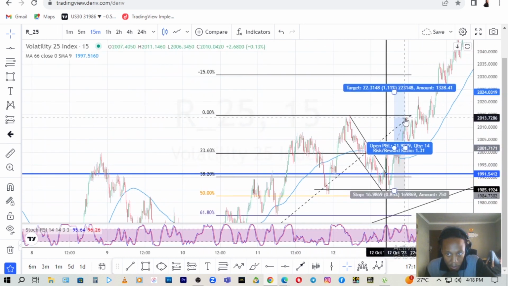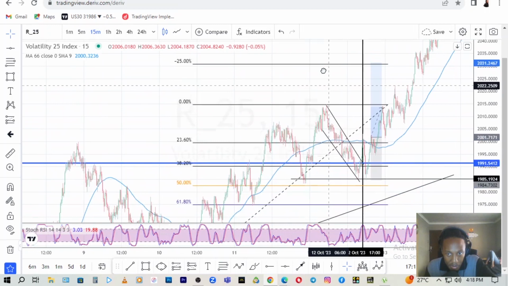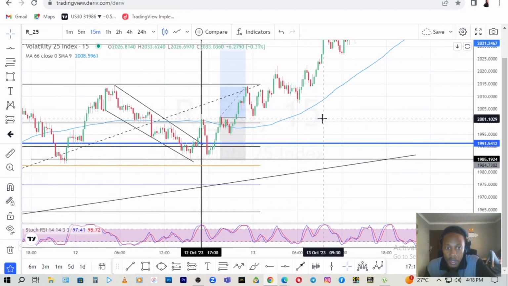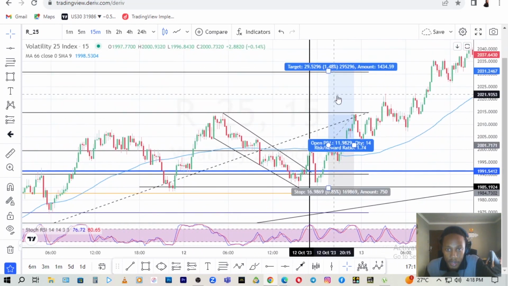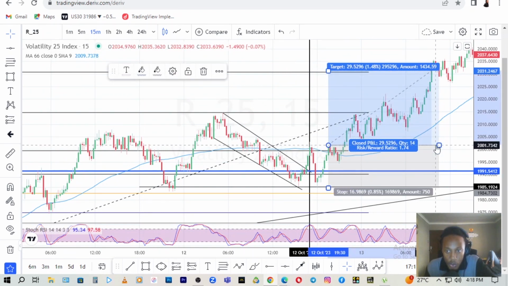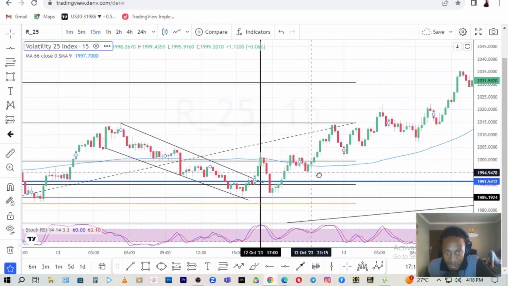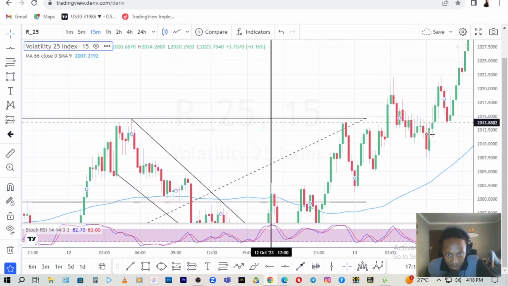So this is my TP1, this is my TP2. Let me see if, okay, I didn't set it to give me the TP3. Okay, overall you can see what happened overall. And another tip, right? As long as the market is still over the moving average,